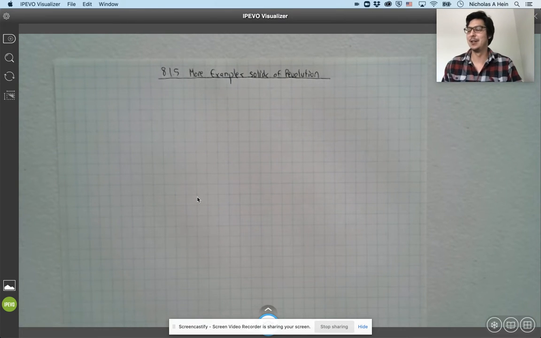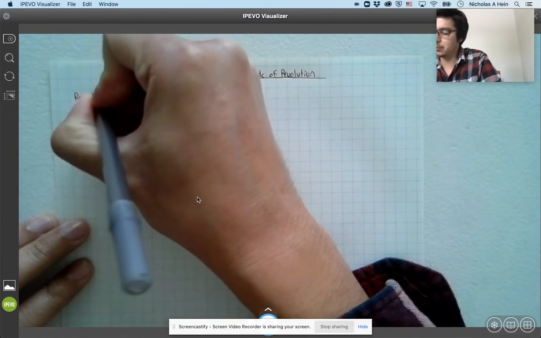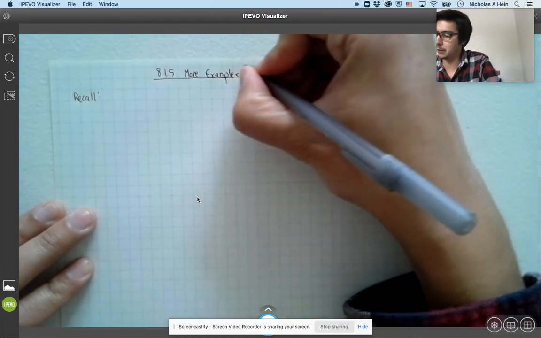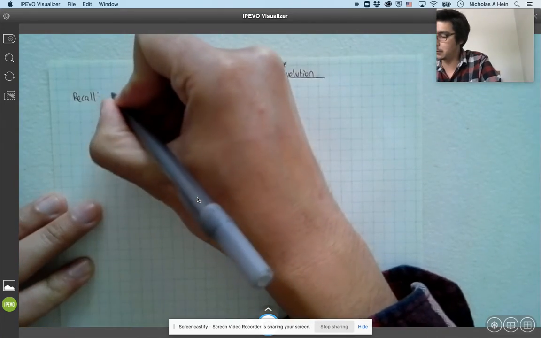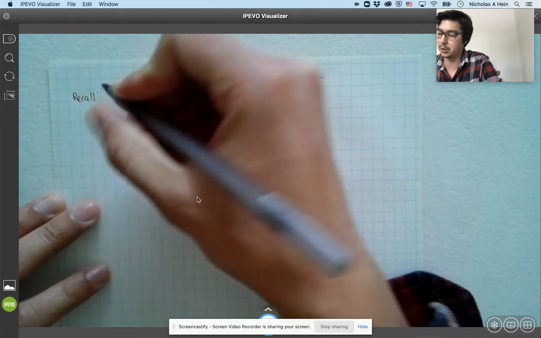We're in 8.15 looking at more examples of practicing solids of revolution. So recall we have two types of calculating solids of revolution, and we're talking about volume, by the way, not area of the curve. The first one, the more general case, which works for all, is your